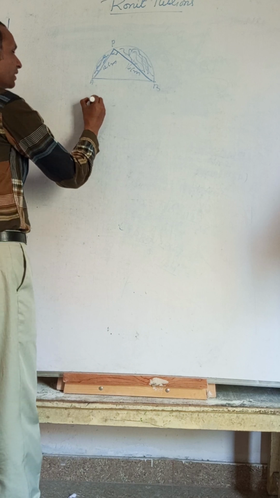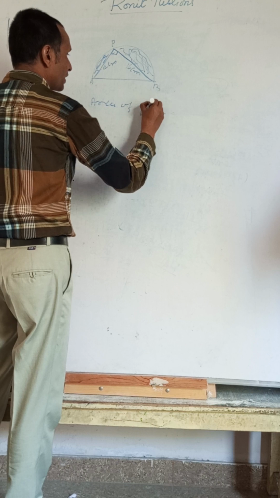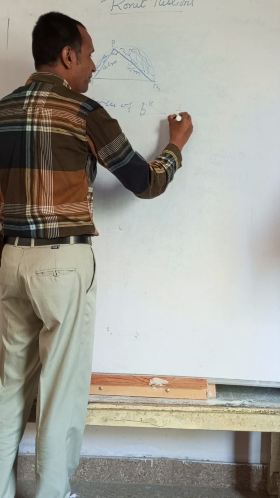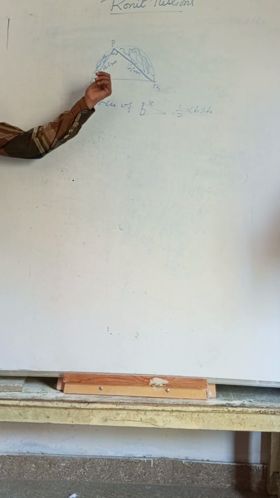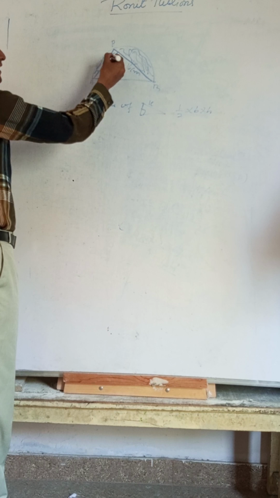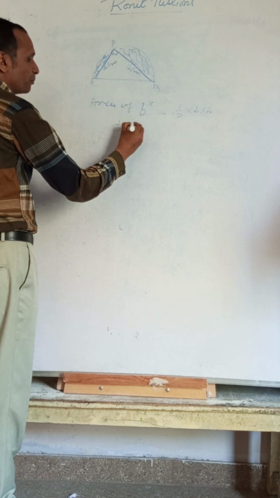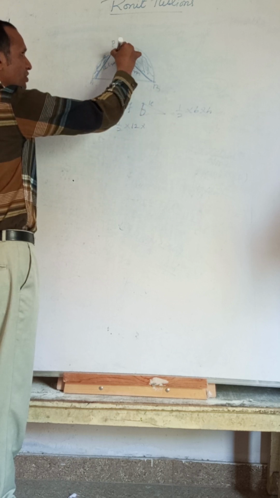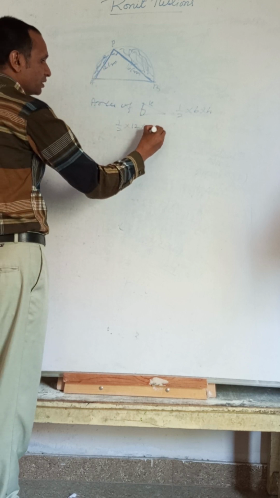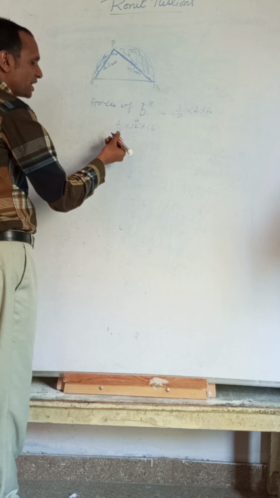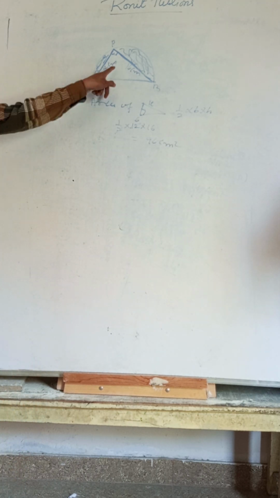Now the area of a right angle triangle is equal to what? Half into base into height. The base is the side on which it is standing, so this line is the base. Half into base, which is 12. The height is this, and this is the hypotenuse, which is not needed. So this one is 16. Cancelling with 6, 16 sixes are 96 centimeter square is the answer for the unshaded region.